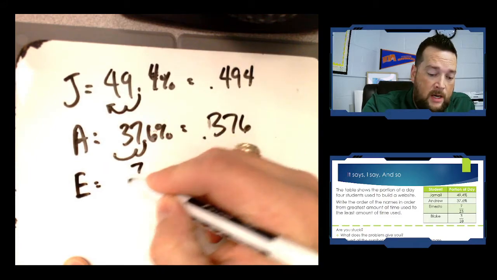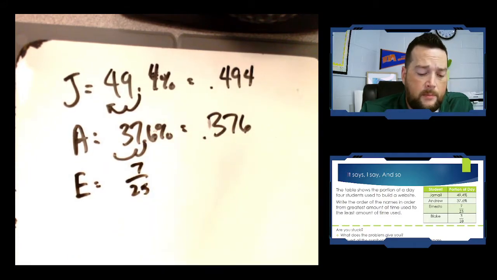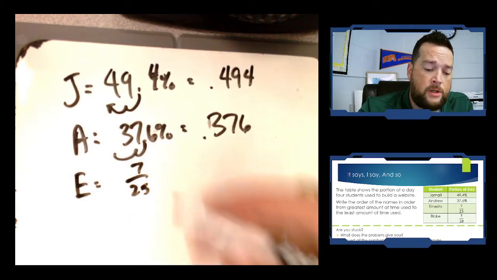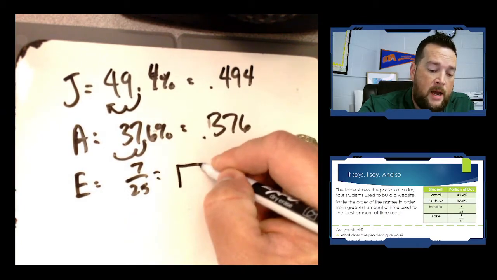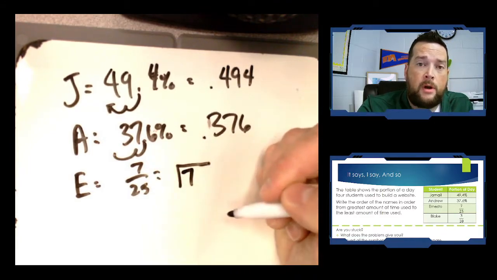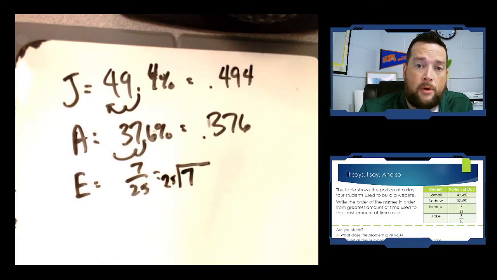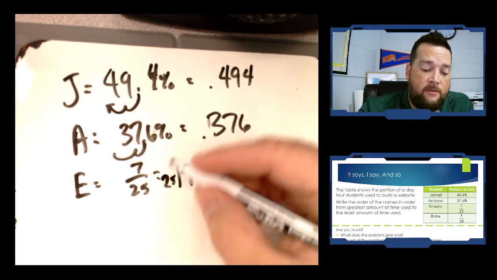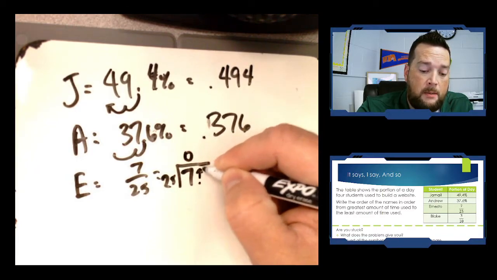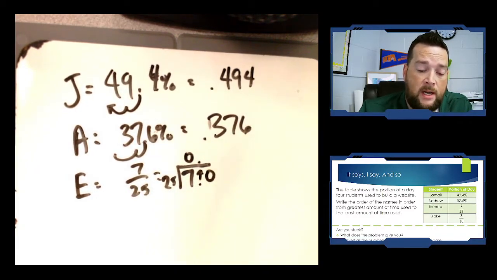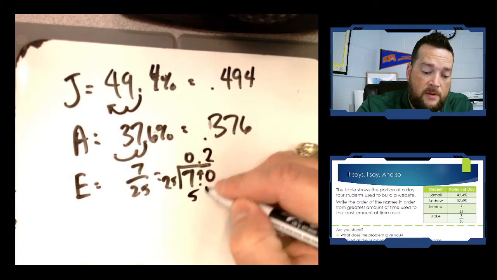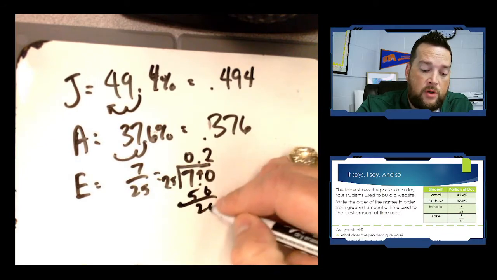His was represented as a fraction, so we need to take this fraction and make it a decimal. The way that I do that is by recognizing that the fraction bar is really just division, where your top number is being divided by the bottom number. When we divide 7 by 25, 25 goes into 7 0 times, which prompts me to take my decimal to the top and add a 0 after the decimal. 25 goes into 70 2 times, because 2 times 25 is 50,